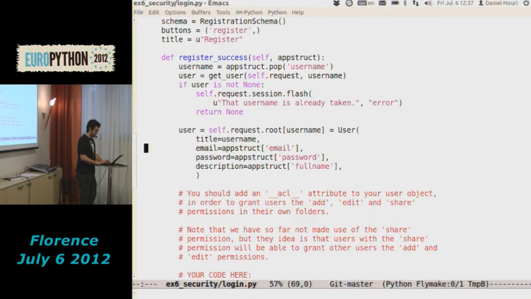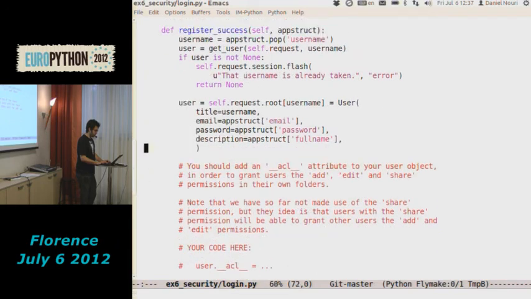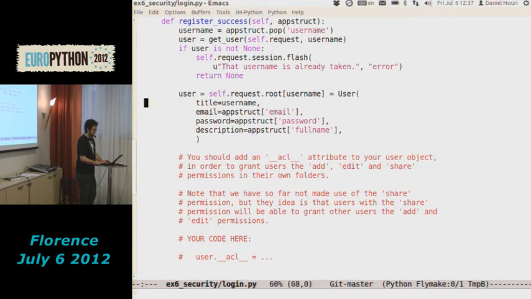So here is how I, that pop didn't make any sense there, right? So this is how I,